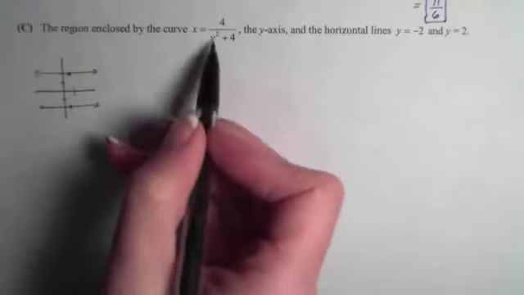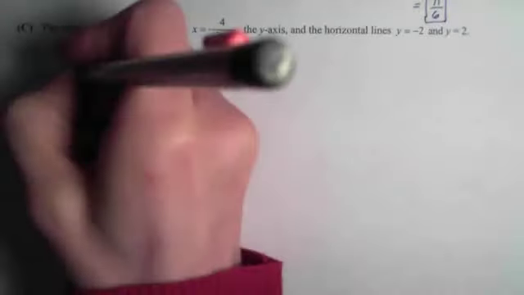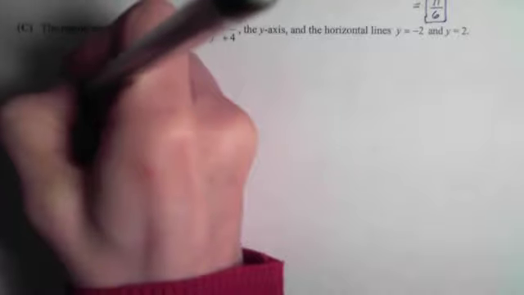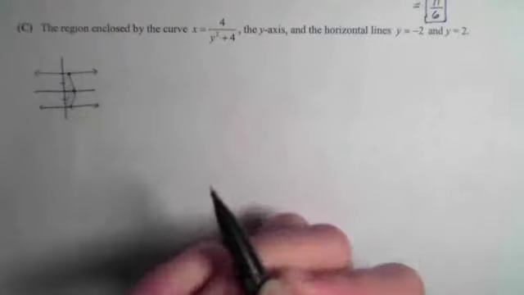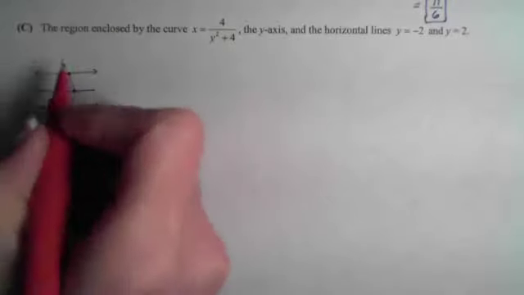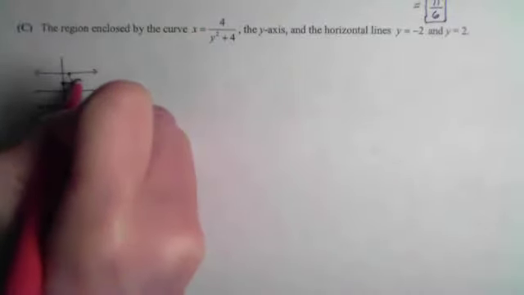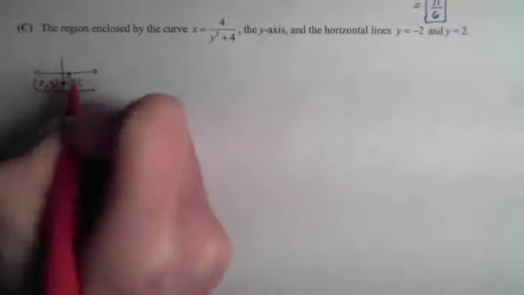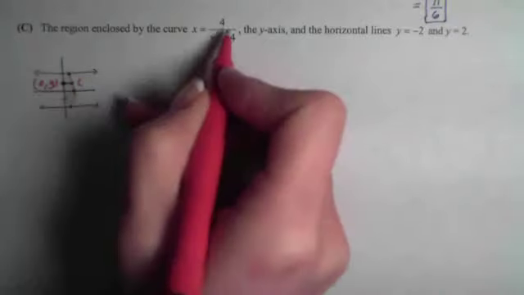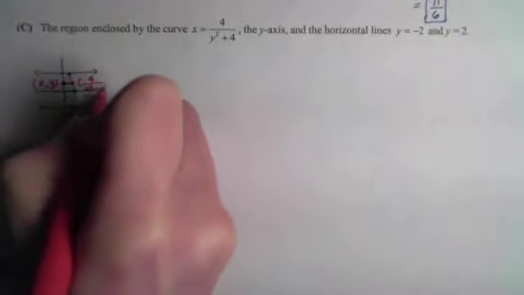And let's plug in 0. We get a 4 over 4, which is a 1. So we got enough information that we can kind of graph the curve now. So there's the region that we're working with. And we're going to cut horizontally because I already have x isolated. So they're going to share a y coordinate. This one has an x coordinate of 0. This one has an x coordinate that comes from the curve, so a 4 over a y squared plus 4,